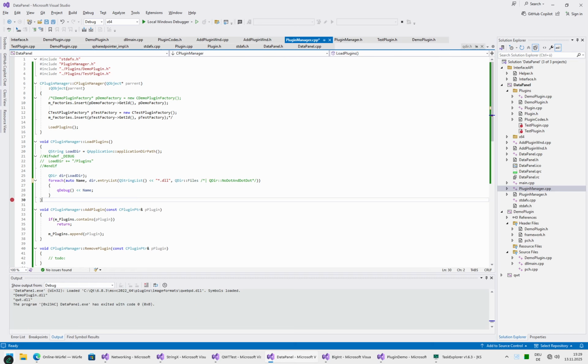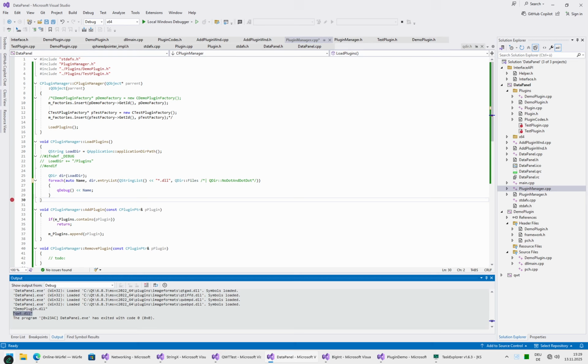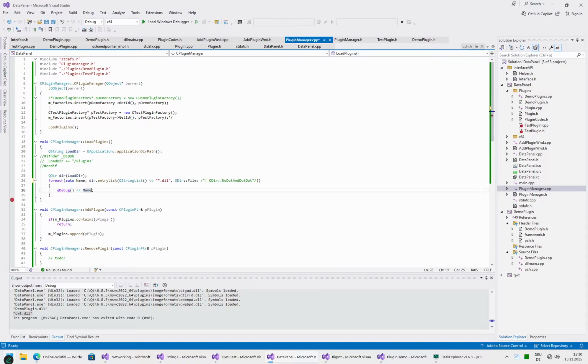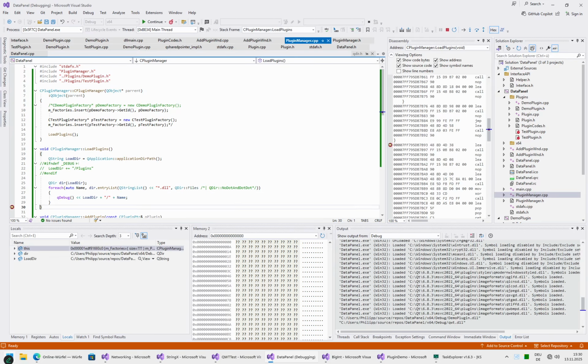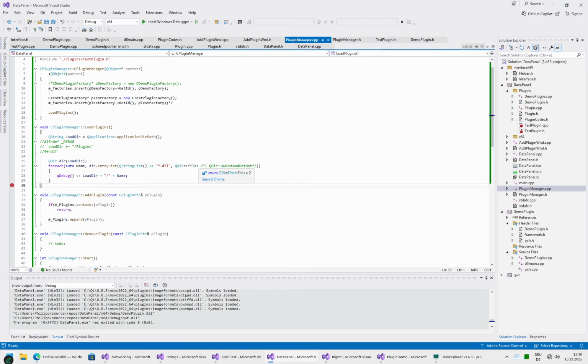And as you have also maybe noticed, we only get the file names. So to actually get the full path, the full DLL, what we need to do is concatenate loaddir plus / plus name. Qt, even when run on Windows, will always use forward slashes wherever it wants, basically everywhere. So if you want to interact with some Windows APIs, then it is necessary to think about always converting those